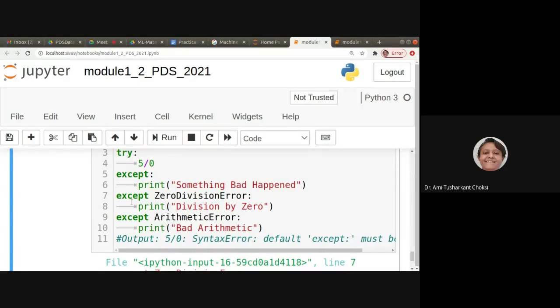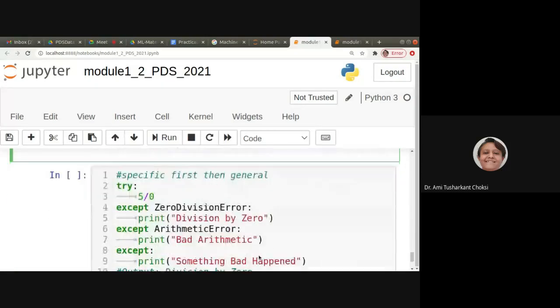Then there is no meaning of handling specific exceptions. If you want to deal with them, then you will have to write them before the general exception. So let us say specific first and then general after.